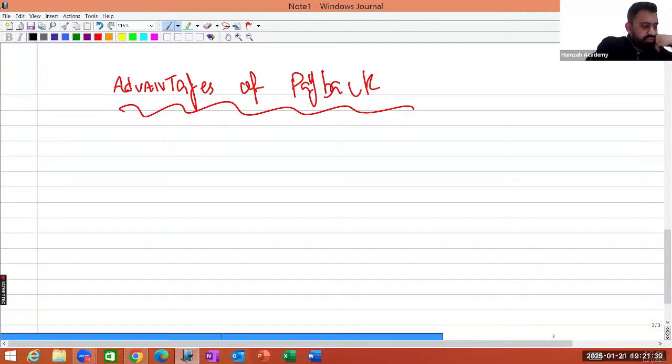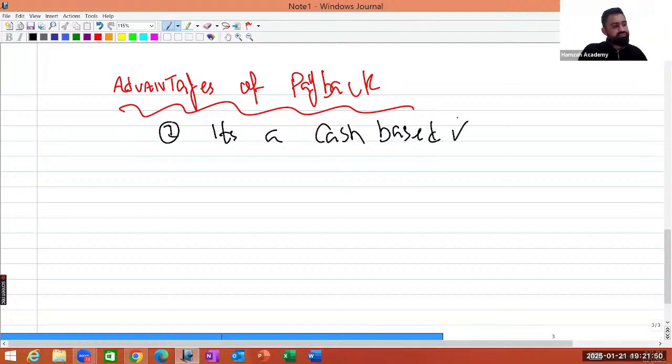The first advantage of the payback is it's a cash-based method. It is the first advantage of payback period. The second advantage is